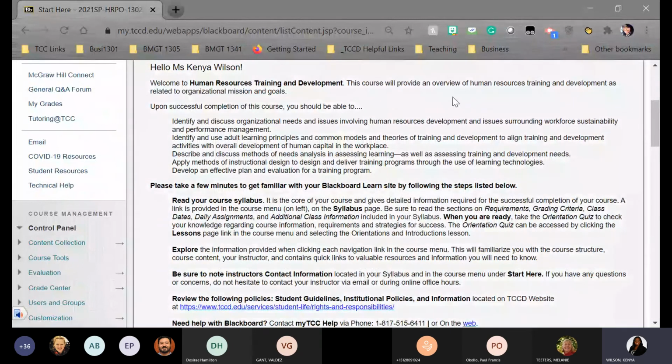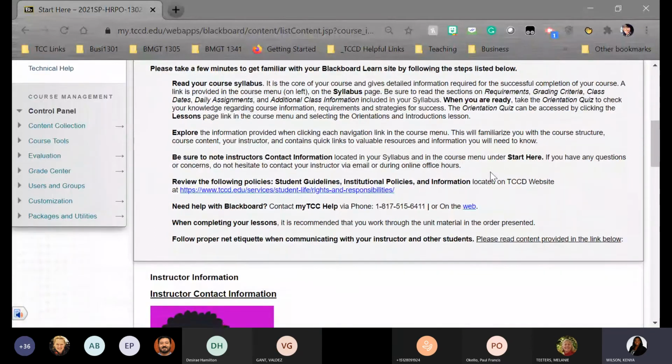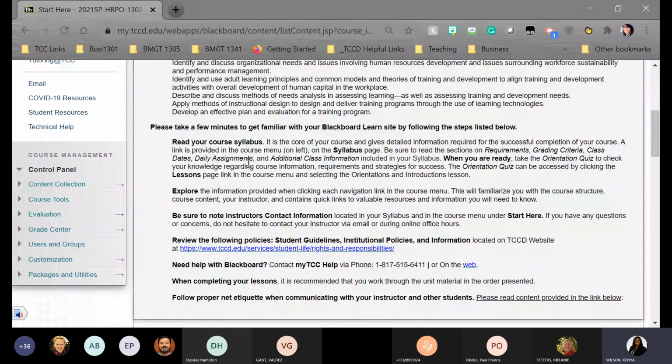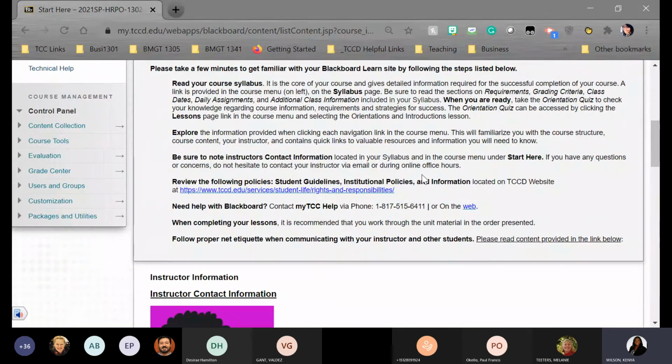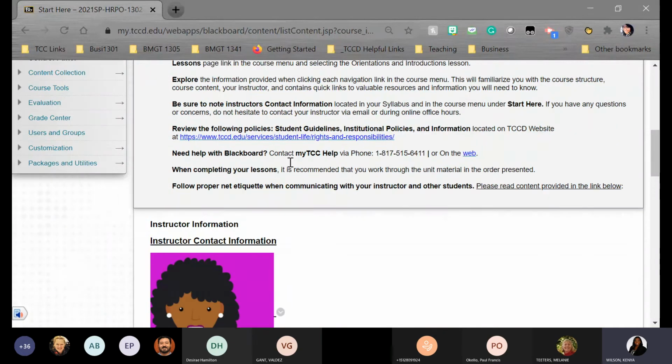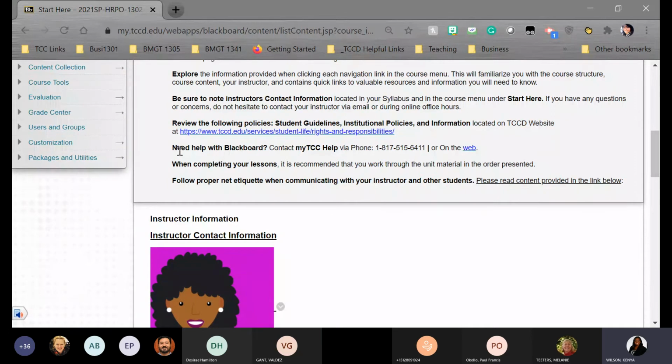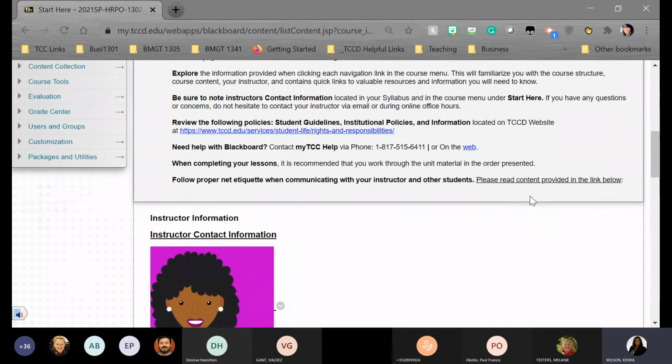There's a welcome to the class, an overview of the class, the course objectives and expectations, and then just telling students to take a few minutes to get familiar with the course and the site by reading the syllabus, accessing the lessons, exploring information in each link, noting the contact information. Here's a link to institutional policies, the help desk, where to access any help, and then what to do when they complete the lessons, and then the link to the Netiquette